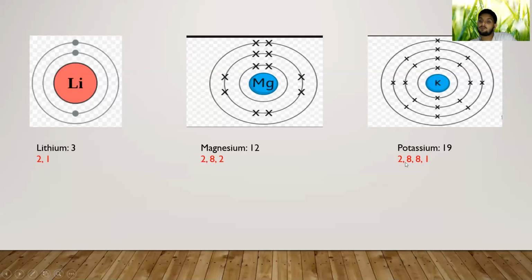Similarly, for the potassium one, you can see there are 4 electronic shells. First one containing 2, second one containing 8, third one containing 8, and the last one containing only 1. All right. So that is the